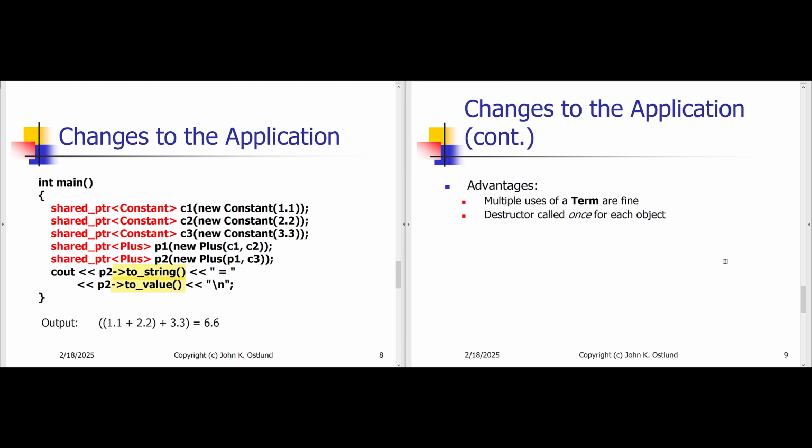So this is very nice because now we can have multiple uses of any term. We can use the constant C1 multiple times. We could declare a variable and use that multiple times, and so forth. And we don't have to delete anything. We just allow the shared pointer to clean up after itself. The syntax is a little bit messy. Now, we can clean up the syntax